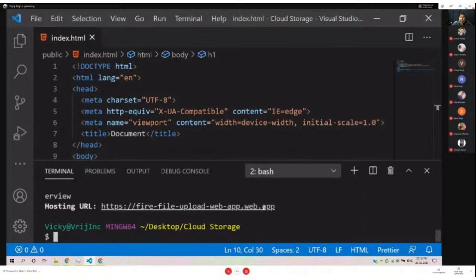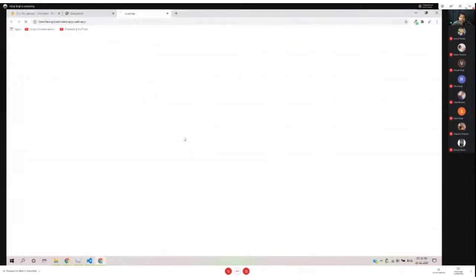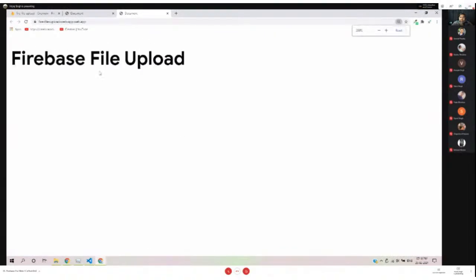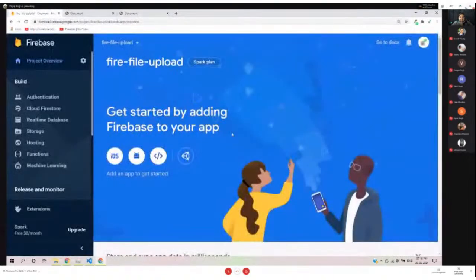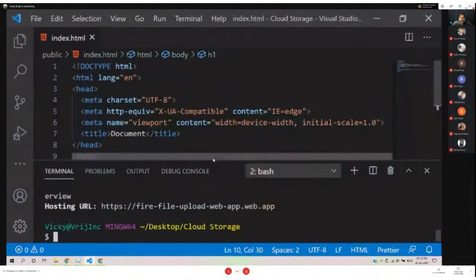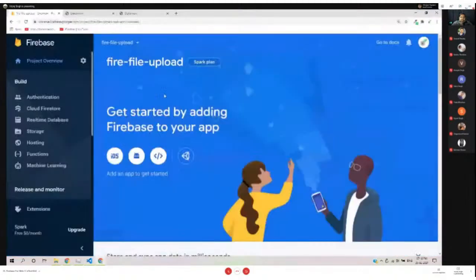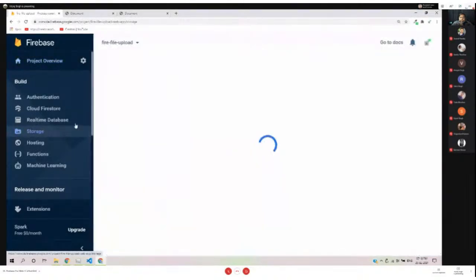Okay, so this is the hosted URL. I'll just open this URL in the web page. Yeah, that's working. Firebase hosting. So now I will go for the storage part. I'll go to the storage. So this is the storage. Click on the storage part,